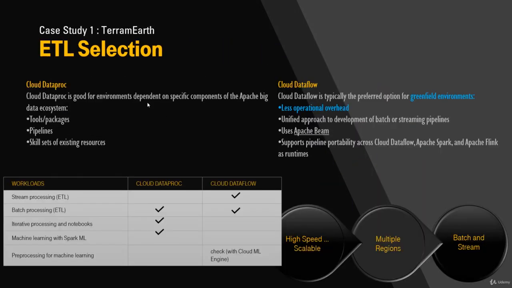As for the ETL engine selection, we said there are two options available, Dataproc as well as Dataflow. Looking at the details, and as we saw earlier, the requirement is to have stream processing based on PubSub and batch processing as well. Dataflow works very well for our use case. It is Apache Beam, and it is scalable. You can define the machine, the underlying infrastructure, and then add those machines to process your data. So it is a scalable platform for our ETL choice, and we are going to choose Dataflow as our ETL engine.